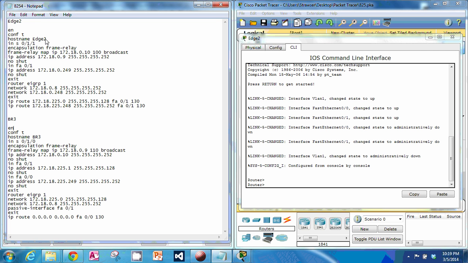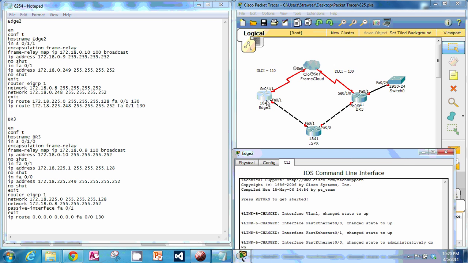That will assign that Edge 2 to that router, and then we'll go into our serial 011 interface that connects to the frame cloud, and do the commands that it gives you: encapsulation frame relay, use the IP address of the serial port,